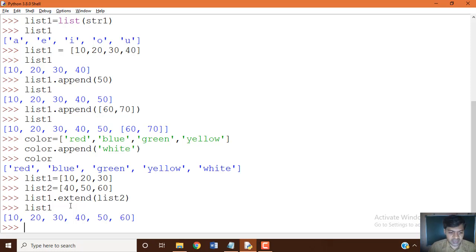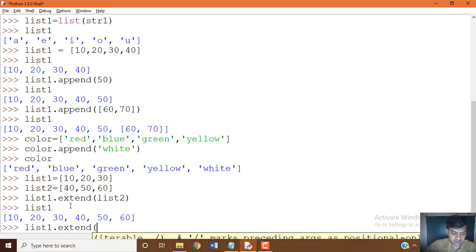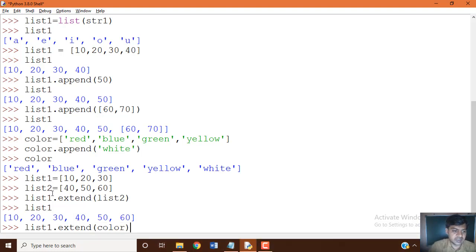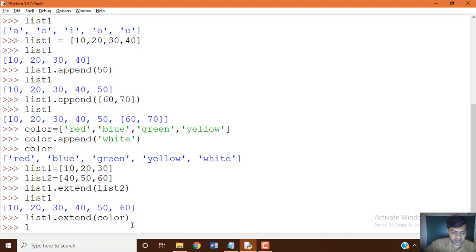Like that, you can do it, and you can even use list dot extend when you want to have mixed data. Let's do this with color. Already we defined the color list variable. Now let's see what happens this time. Now print, which becomes mixed data.